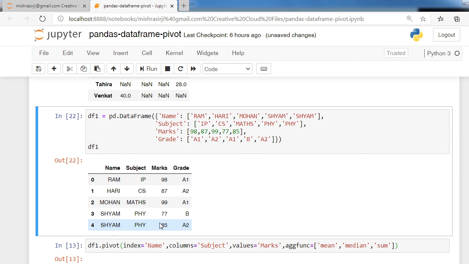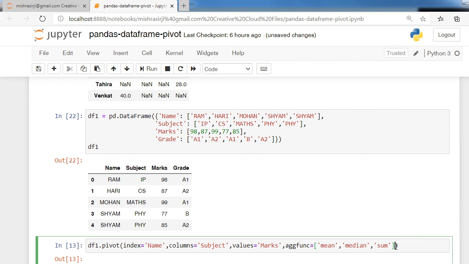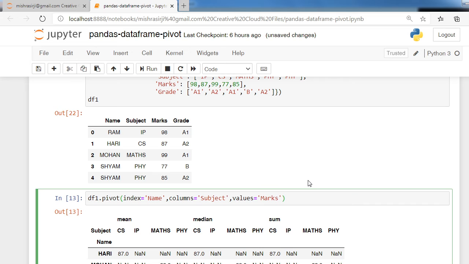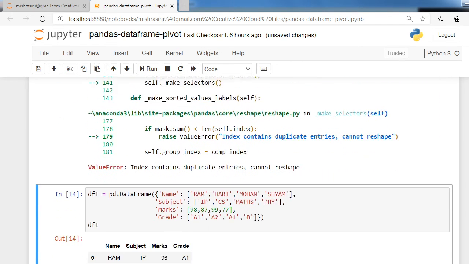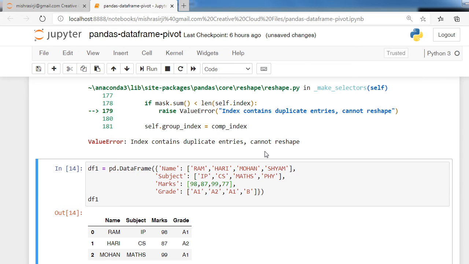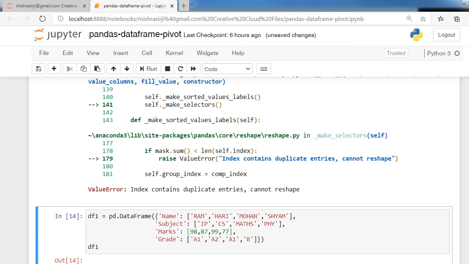So if the name and subject combination has duplicate values or multiple entries with the same data, and we run this pivot function, it gives an error: index contains duplicate entries, cannot reshape.